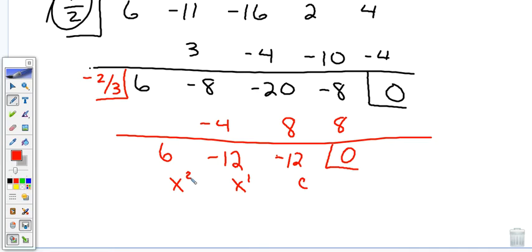Okay? What we're trying to say is this. I found 2 factors, 1/2 and negative 2/3. And once I've taken those out synthetically twice, we're down now to a factored function of 6x squared minus 12x minus 12, and we want that to equal 0. Okay? You guys remember the quadratic formula? X equals negative b plus or minus the square root of b squared minus